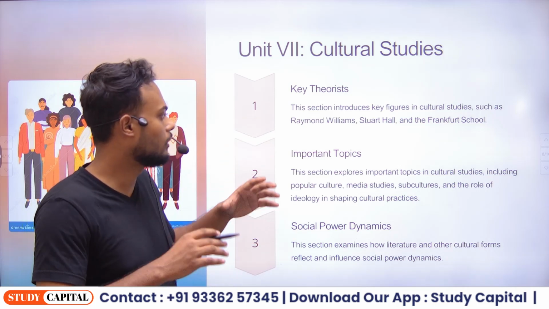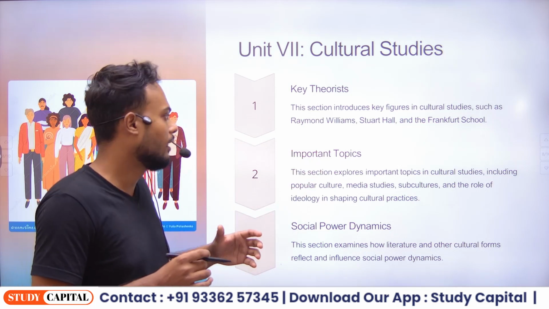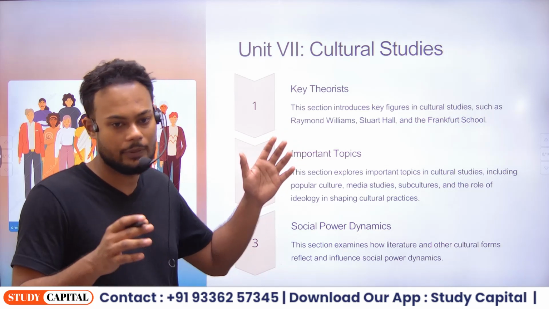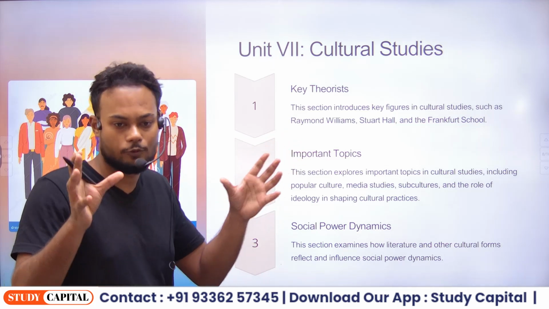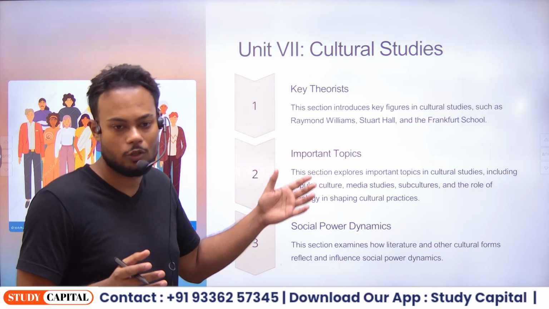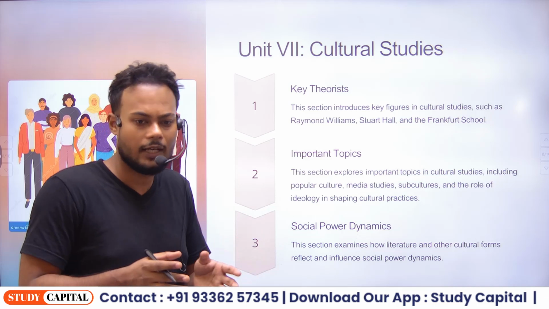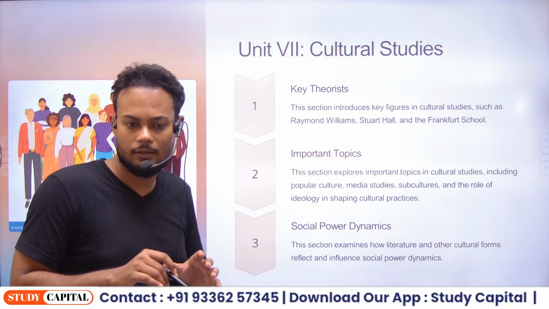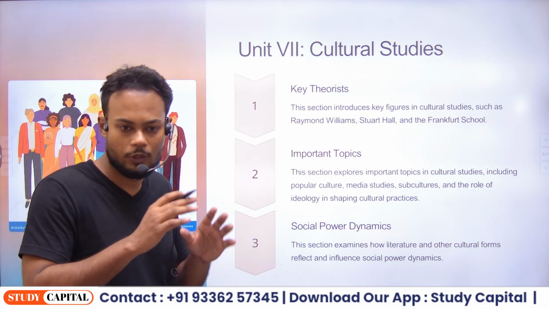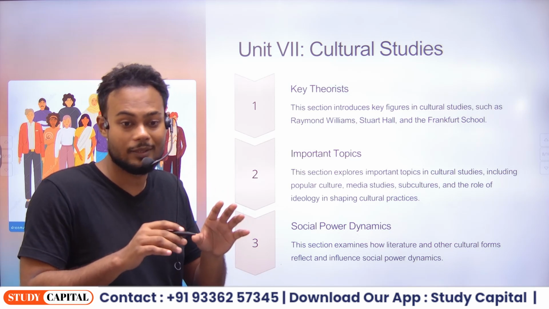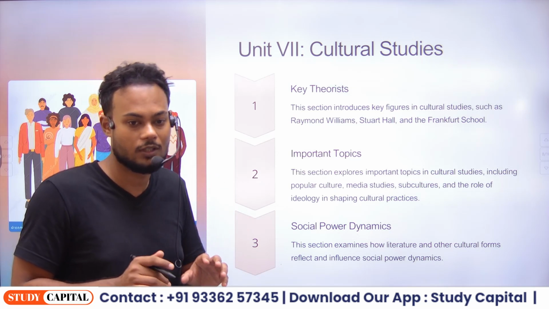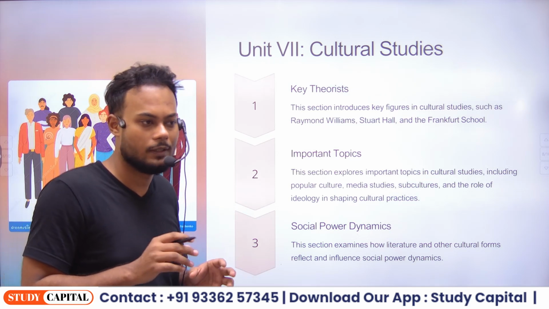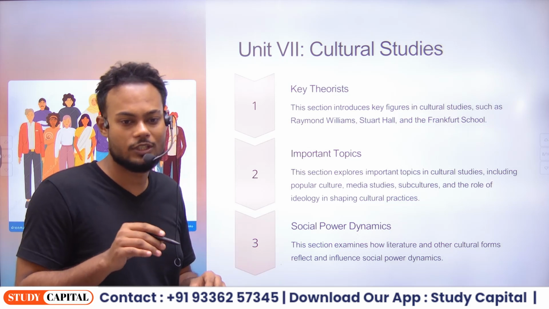So we'll talk about how the Frankfurt School came into being and how people were driven out from, let's say, Germany, and they went to Columbia, and how the BCCCS was formed. Raymond Williams, Stuart Hall, Richard Hoggart. These are the seminal figures. I think you might already be familiar with these names, but I'll go into detail and I'll list out all the work they've done. You'll need to remember them chronologically and with dates, because if you've attempted any of the previous year questions, you might be familiar with how heavily UGC leans on the